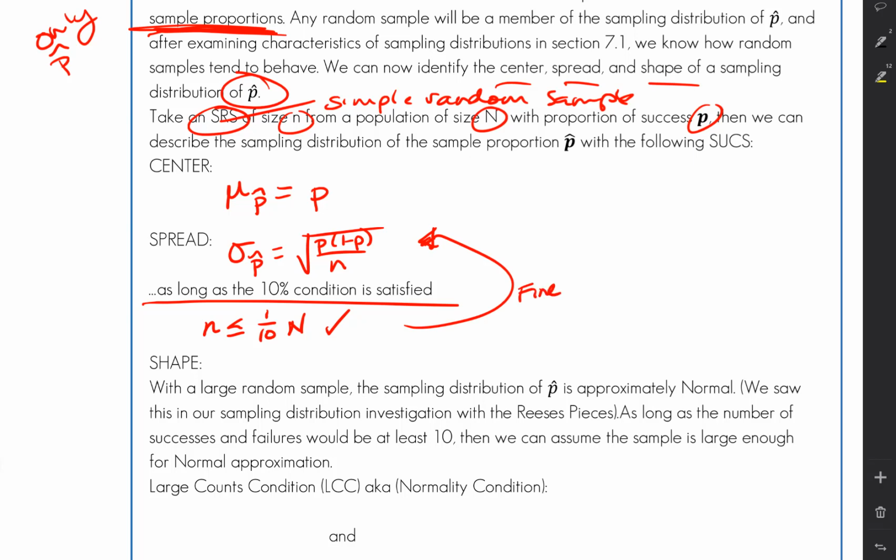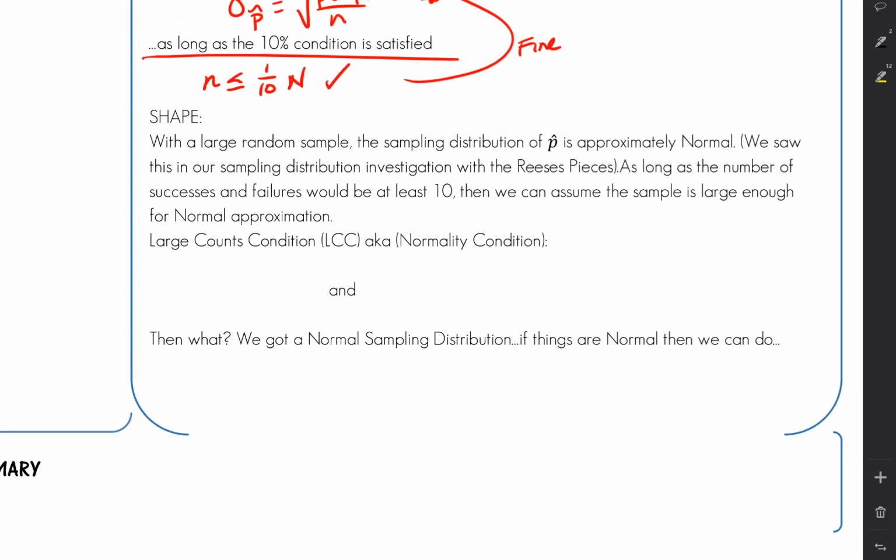Okay? Now what about shape? How are we supposed to describe the shape? Well, here's the kicker with shape. With a large random sample, the sampling distribution of p hat is approximately normal. Remember, you saw this in your sampling distribution investigation with the Reese's Pieces. As long as the number of successes and failures will be at least 10. So successes and failures must be at least 10. Then we can assume the sample is large enough for normal approximation. Okay? So that is what we call the large counts condition, also known as the LCC,